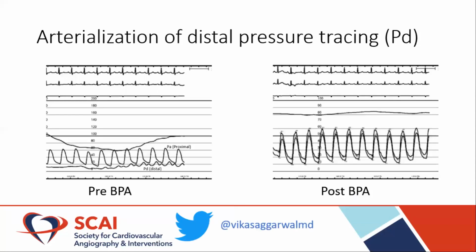The pressure gradient, pre-BPA and post-BPA on your left and right, respectively. You can see how the distal flow has now arterialized and the phasic arterial flow has returned distal to the lesion in the subsegmental branches. We usually don't attempt to completely abolish this gradient and want to stay conservative, given the increased risk of hemorrhage and bleeding in these cases.